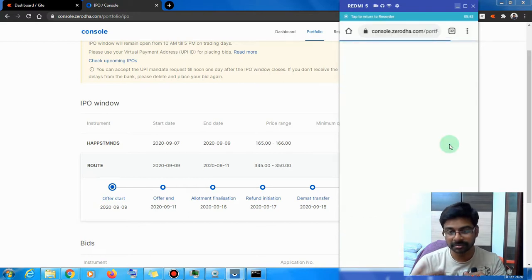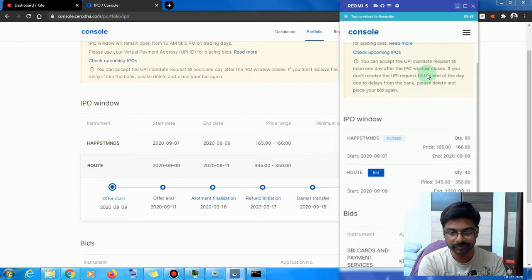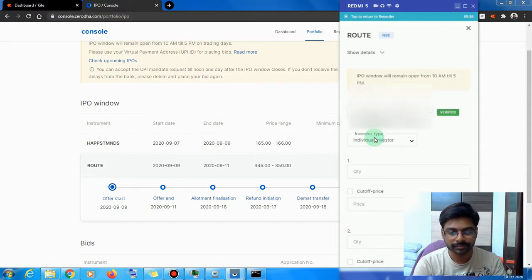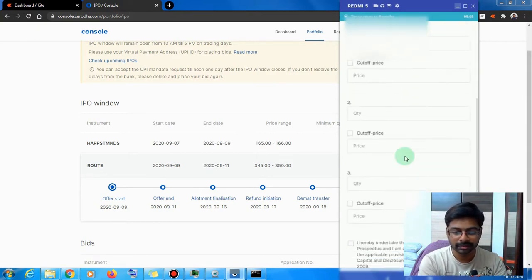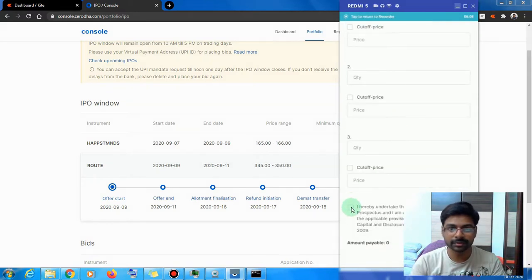You'll be navigated to the mobile version of the web application for the IPO, and you will already be logged in without signing in again. Here you see the same page rendered in the mobile version. You click on this, enter your UPI details, investor type, quantity, and cutoff price, and click on submit, and it will navigate directly to your Kite app. Now we are in a web application inside the mobile app. As soon as you click submit,